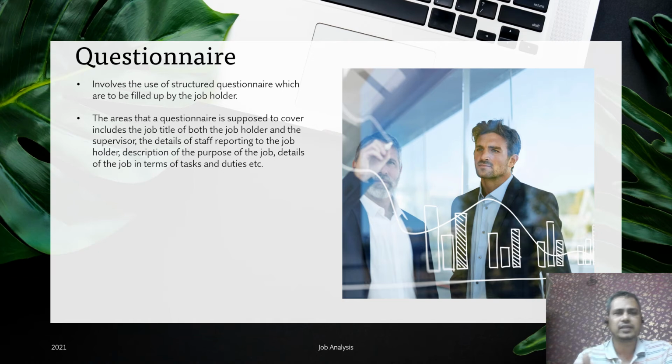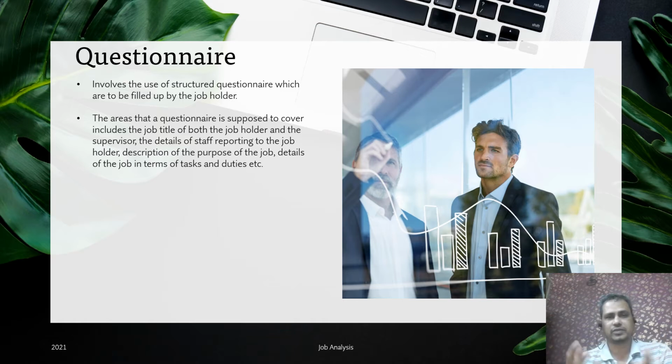The questionnaire might include things related to the job in various ways, like the job title of the job holder as well as the supervisor, and the reporting aspects of the job holder with regard to different staff aspects, so details of the staff reporting,